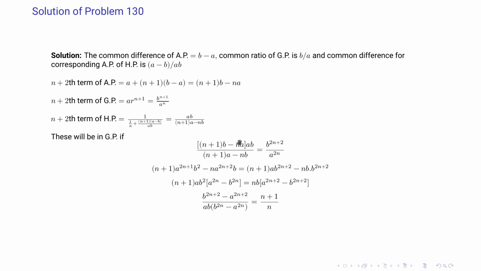Once we have this, we cross multiply, we obtain this. Then we take out certain terms, that is we take this term and this term on one side, and we take this term and this term on the second side. And after that we take out n plus 1 ab square common and here nb common, and then we have the desired result. With this we come to the end of 13th set of problems,